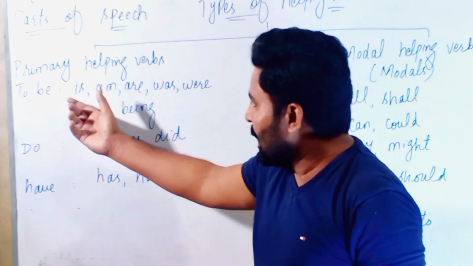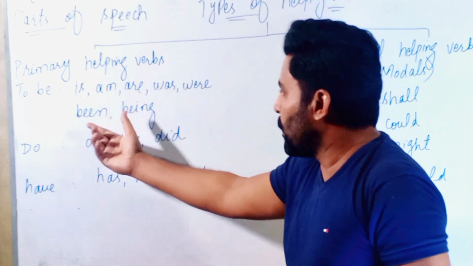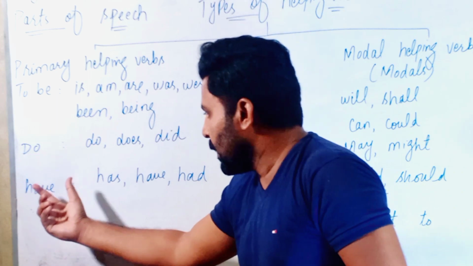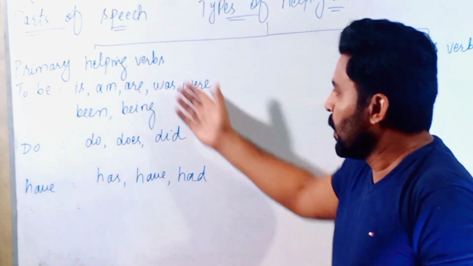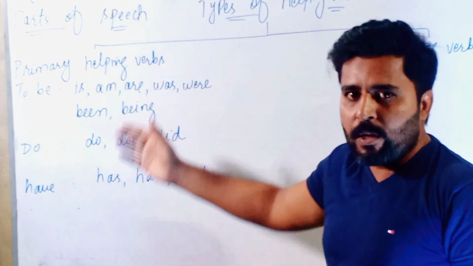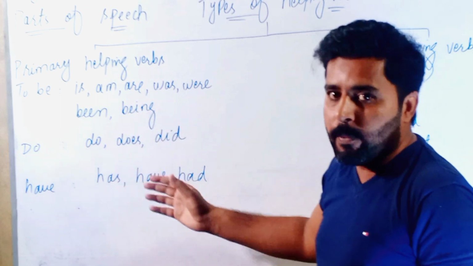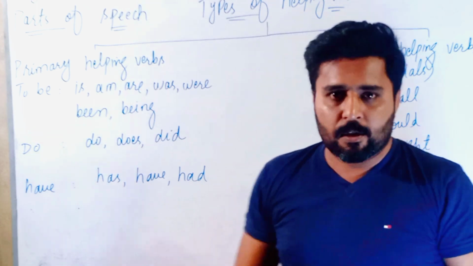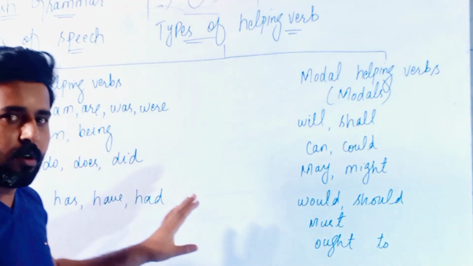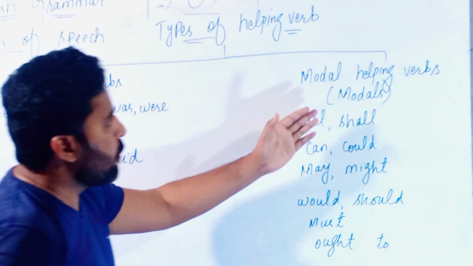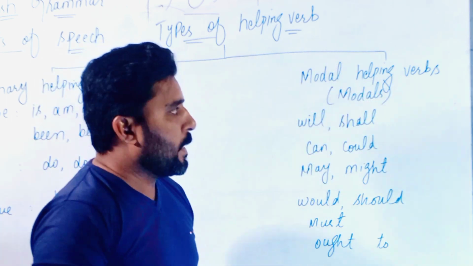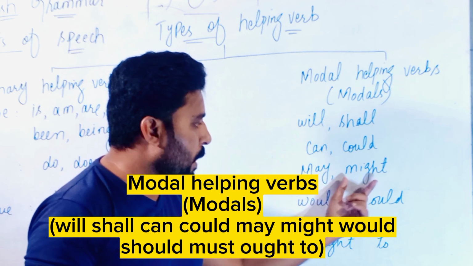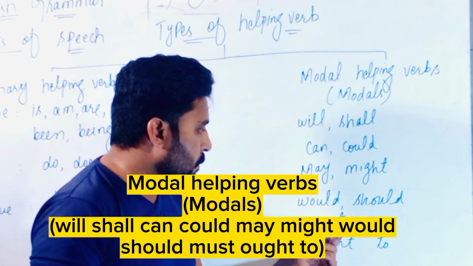So to be: is, am, are, was, were, been, and being. For do: do, does, did, and have: have, has, have, and had. So these are the different conjugated or derived forms of helping verbs with these most commonly used helping verbs. So these are the simple and basic forms of helping verbs. When we talk about modal helping verbs, then there comes will, shall, can, could, may, might, would, should, must, and